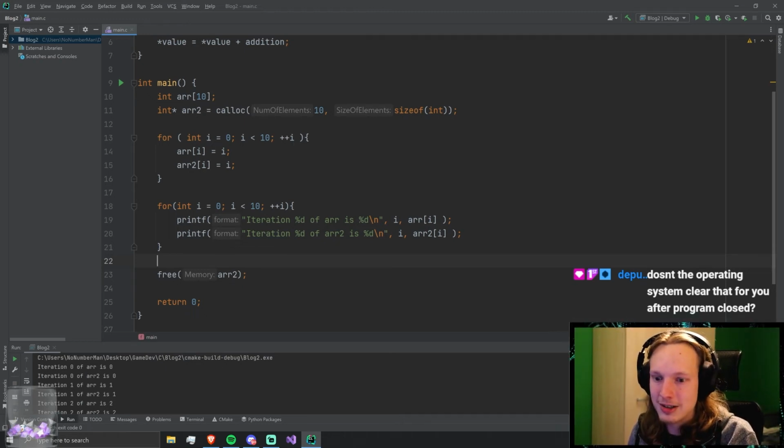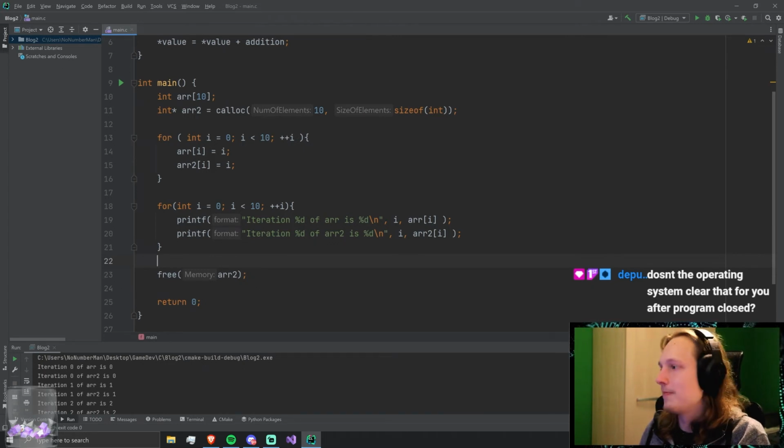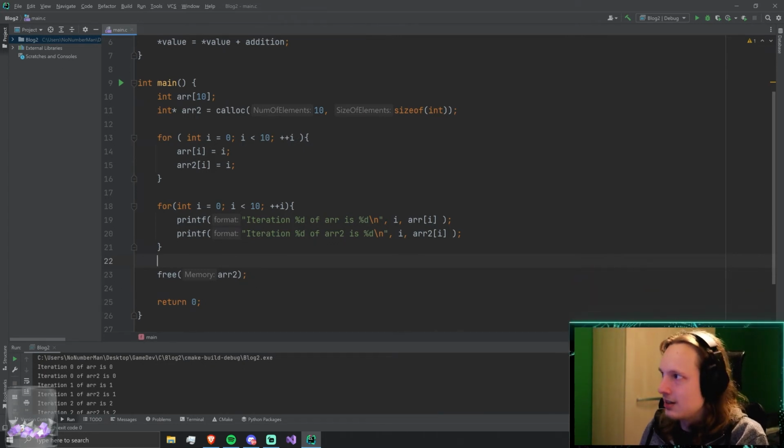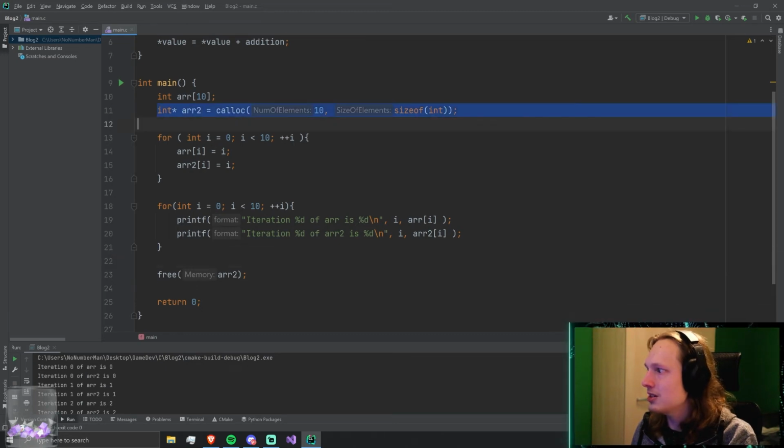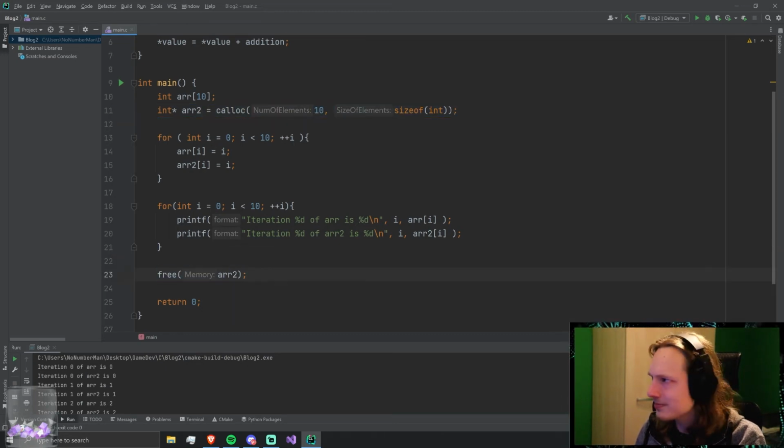Doesn't the operating system clear that memory after the program is closed? Yes, it does. So in here, I suppose it's not as big of a problem, but do remember that if you teach yourself to do this without calling free, you're going to do it in some places where it isn't as innocent.